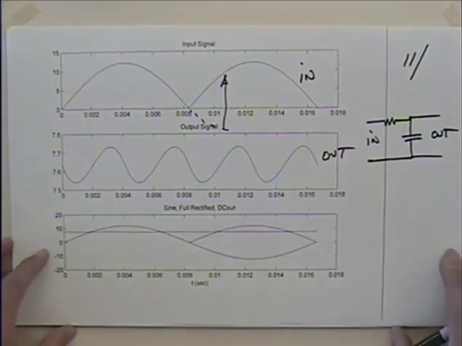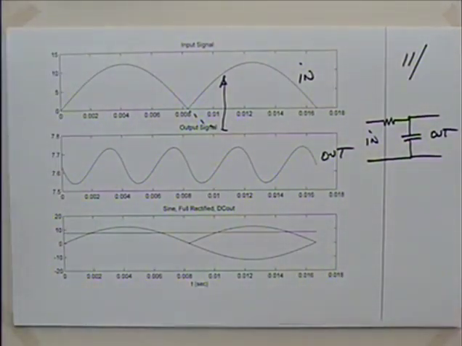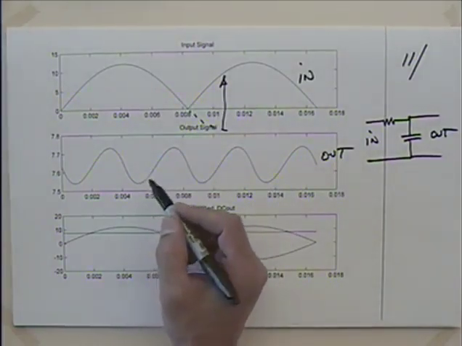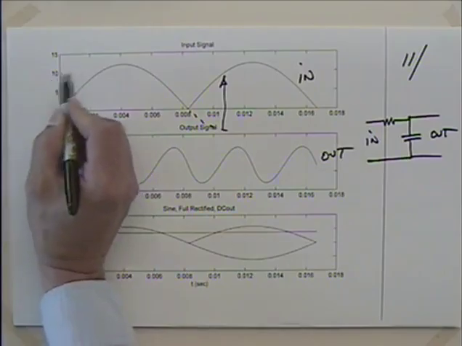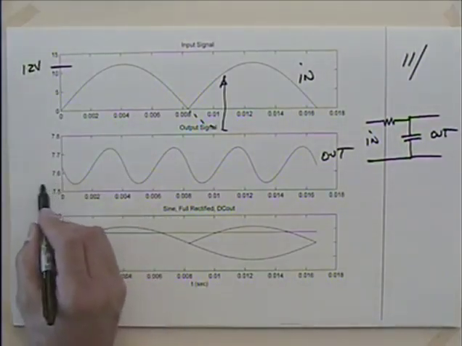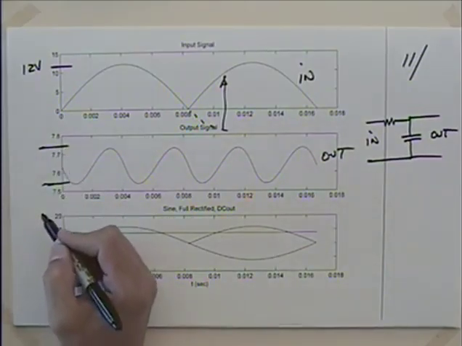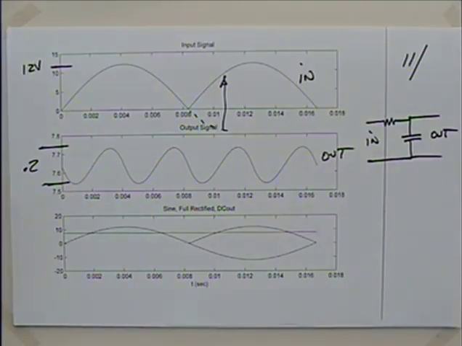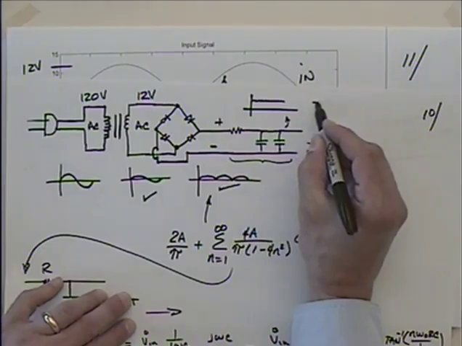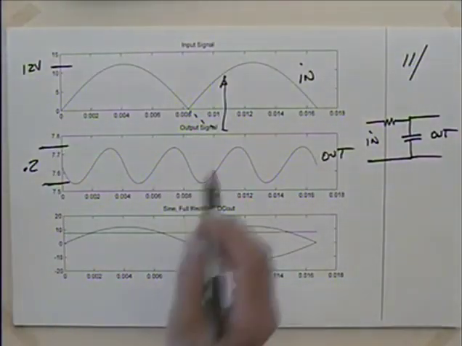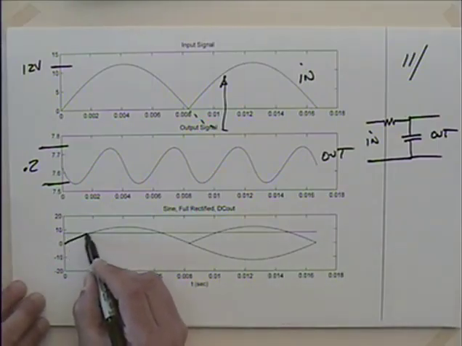So there's our in, and there's our out. And you might say, well, that's not looking too good, because I take a fully rectified wave and you're getting basically a sine signal out. Well, remember, you have to look at this. We've got an amplitude here of what, 12 volts, right? What's this? About 0.2, 2/10, right? Okay. So when I said that what we're getting out of this probably has a little ripple, that's what we have here, right? When I look at it in context, when I take these two graphs, if I take the input wave,